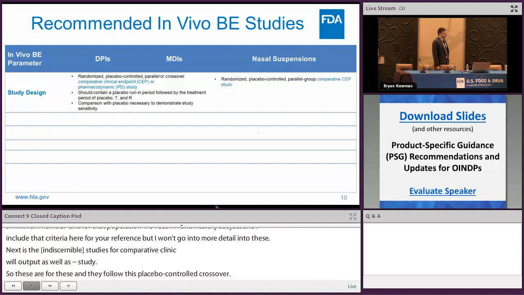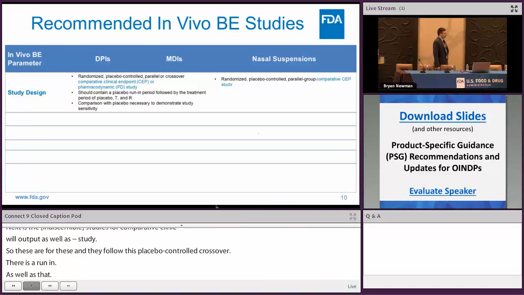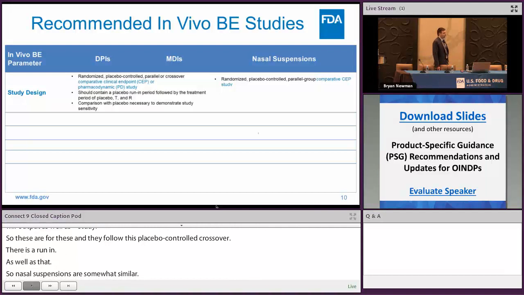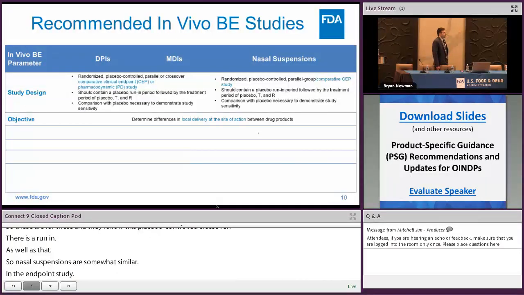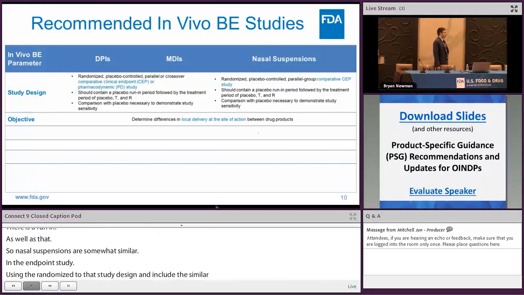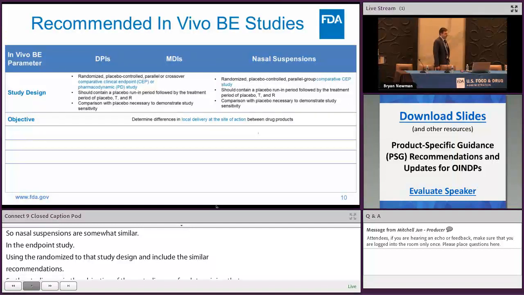So nasal suspensions are somewhat similar. Again, they recommend the comparative clinical endpoint study using the randomized placebo-controlled parallel group study design, and include the similar recommendations as the DPIs and MDIs. For the PK studies, again, the objective of those studies was for determining difference in systemic exposure. For these studies, this is for determining the difference in the local delivery at a site of action between the